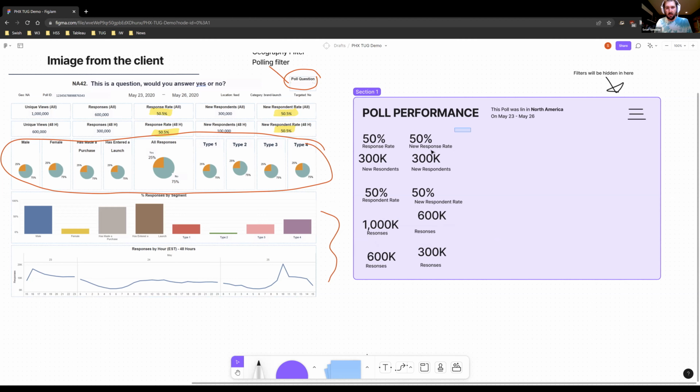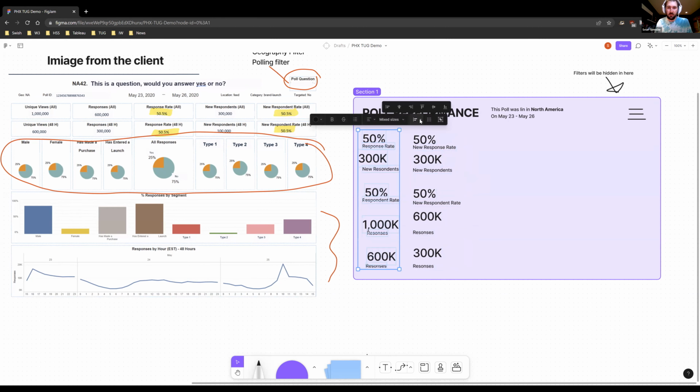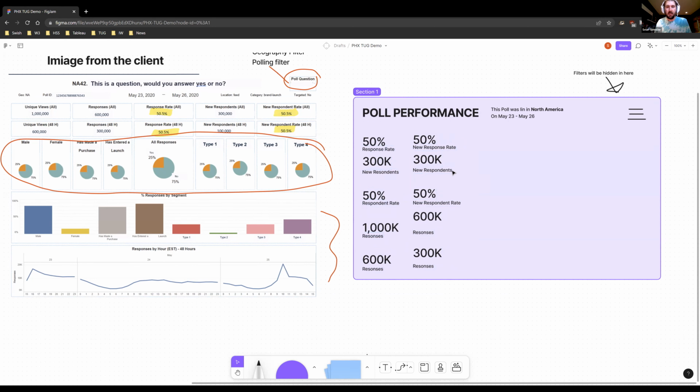Okay, cool. And so I think what I meant to do was all of these were to be the 48-hour versions of the metrics from the top version. All right, so we've just taken our horizontal metrics and we've made them vertical and we put them side by side. And then what I ended up doing was taking these 50% ones and bolding them and turning them red. So they kind of pop out on this page, right? So these are what we said were most important.